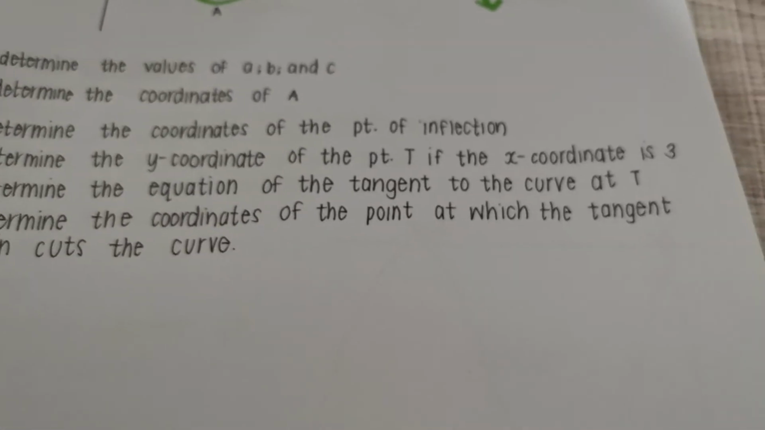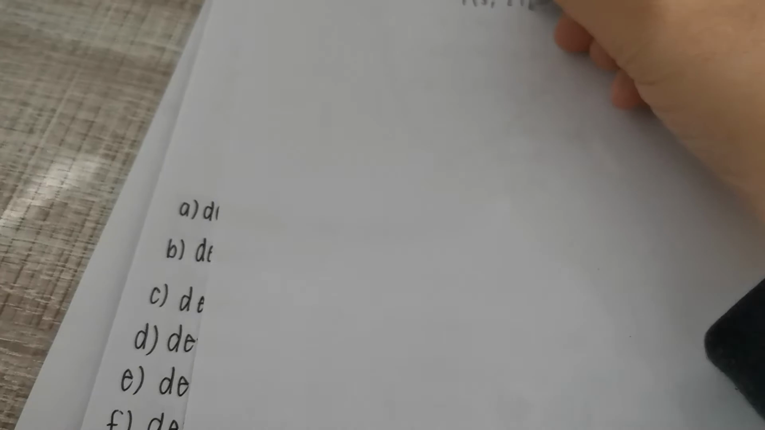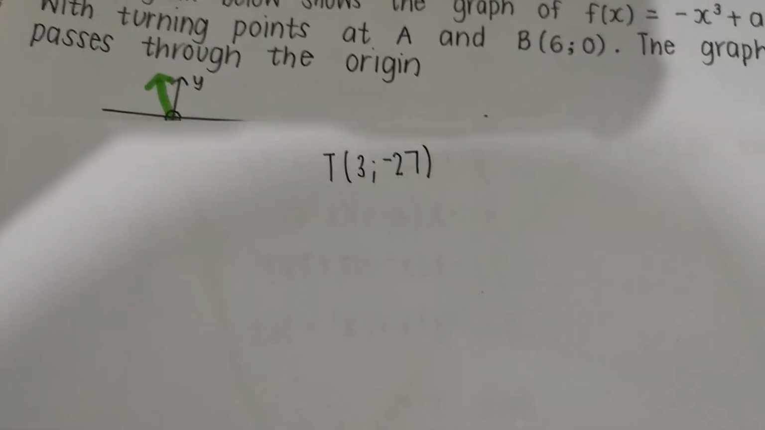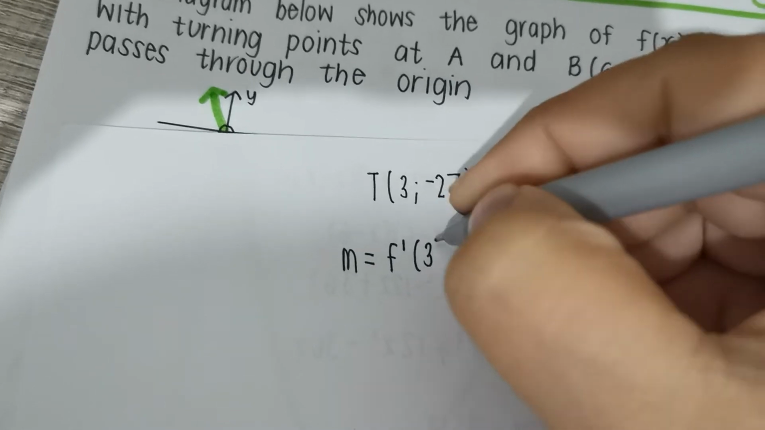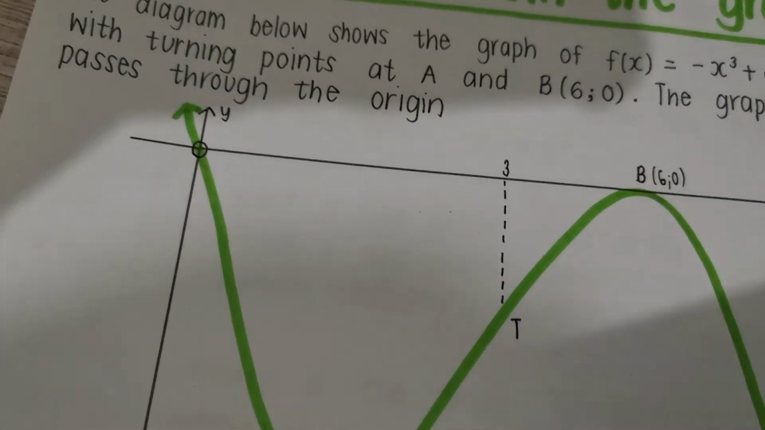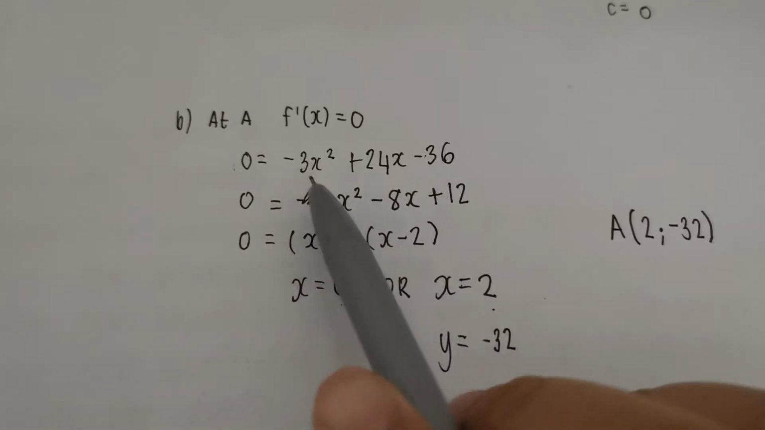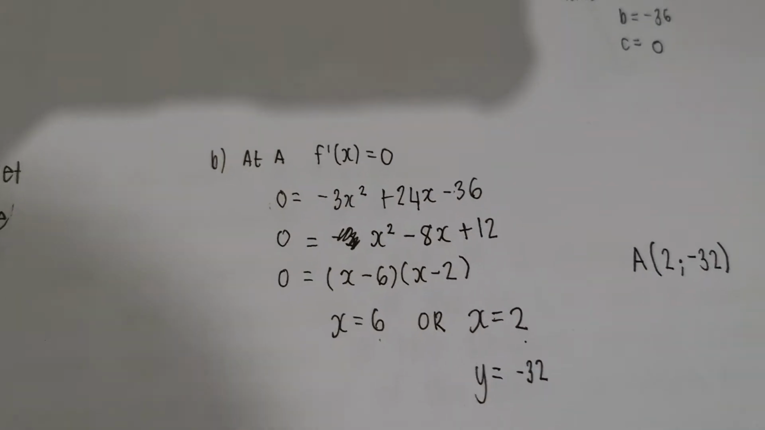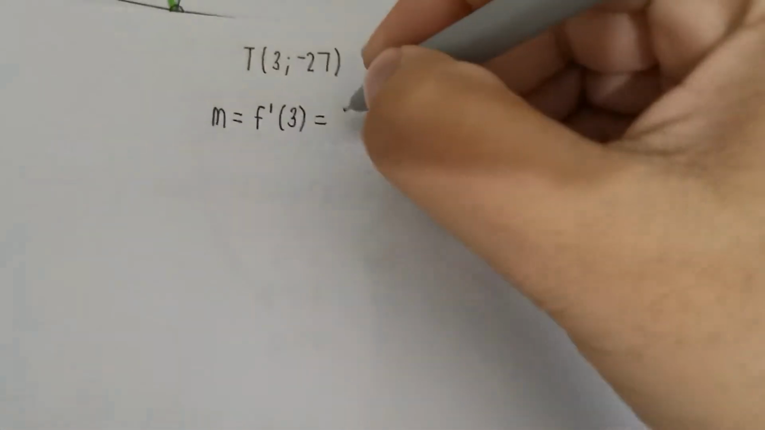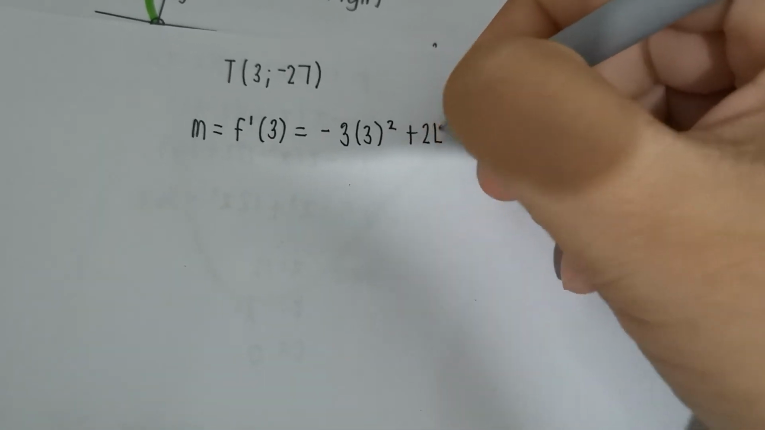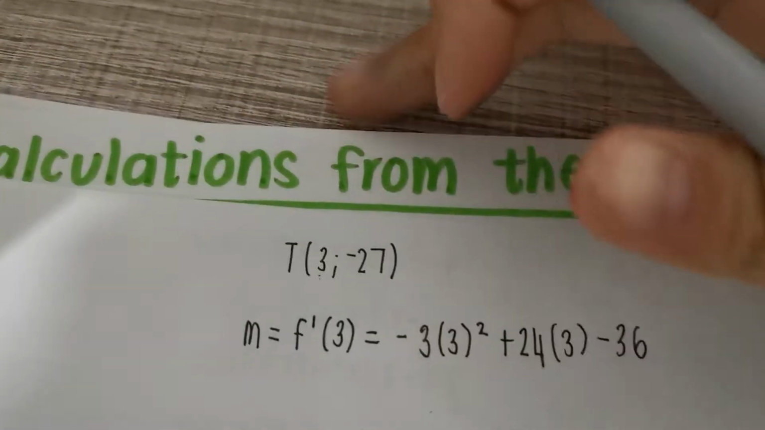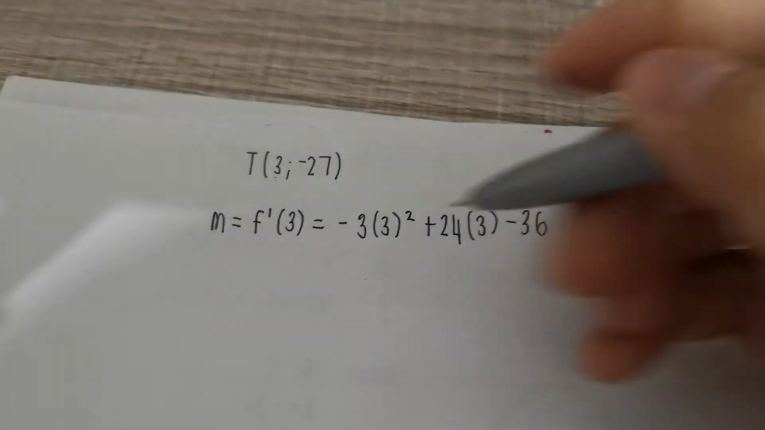Determine the equation of the tangent to the curve at T. So T was 3 and negative 27, right? When we want to determine the equation of a tangent, we need a gradient and a point. My gradient is going to be where my first derivative, sub in the point 3, isn't it? So my first derivative, negative 3x squared plus 24x minus 36. I'm subbing in the point 3 because remember we want the gradient at that specific point, right? This here gives me